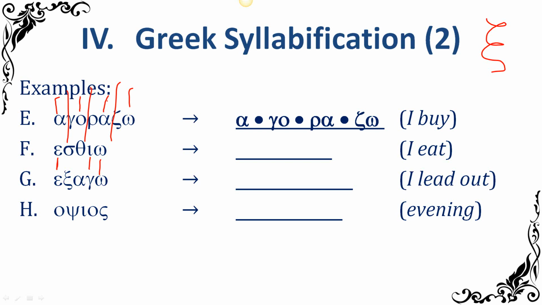All right, now we have to go through, look at those vowels and figure out what they're going to go with. Now, epsilon, the first vowel there, doesn't have any consonants in front of it, but if it did have consonants in front of it, it would automatically get them, because that's just the way Greek works. It automatically gets the first consonant, but it doesn't have a first consonant, so it can't pick up that one.